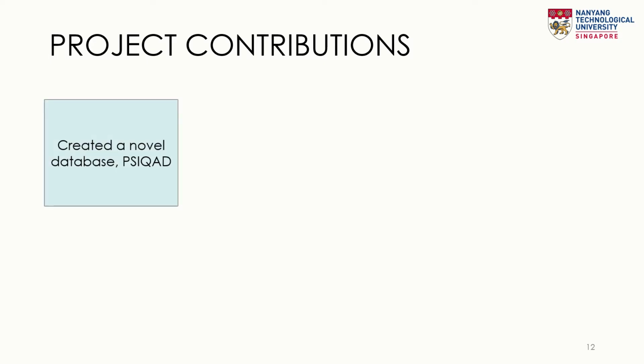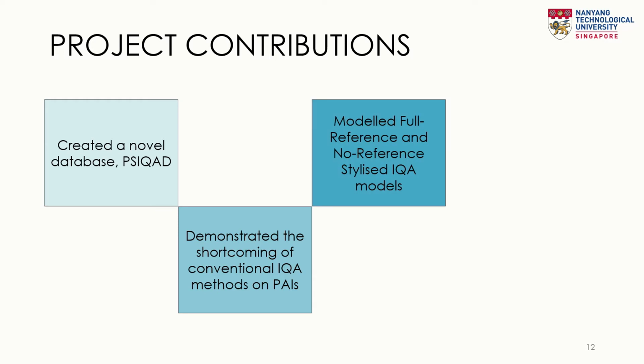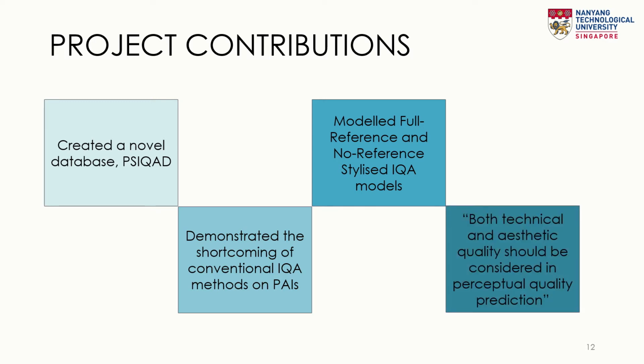Firstly, a novel database, PSIQAD, was created and used to advance the study of the evaluations of PAIs, specifically stylized images. Secondly, through the study, the difficulties in assessing the quality of PAIs were explored, in which the shortcoming of conventional IQA methods on stylized images was demonstrated. Thirdly, baseline objective full reference and no reference stylized IQA models were created to predict the distributions of human opinion scores on stylized images. And lastly, through PSIQAD, we were able to conclude that humans are unable to distinguish between